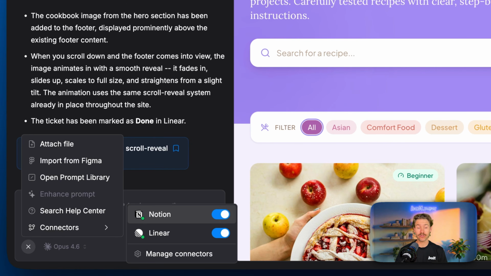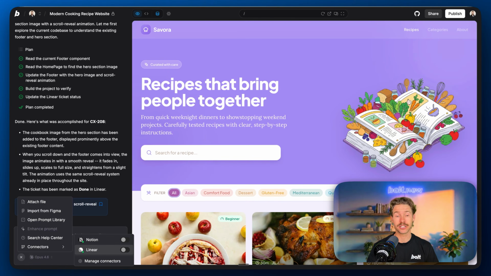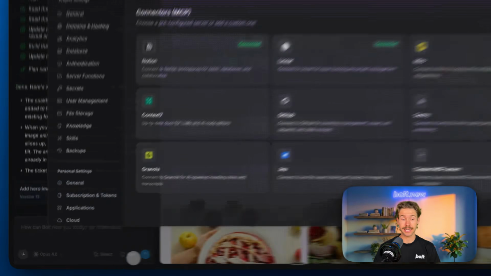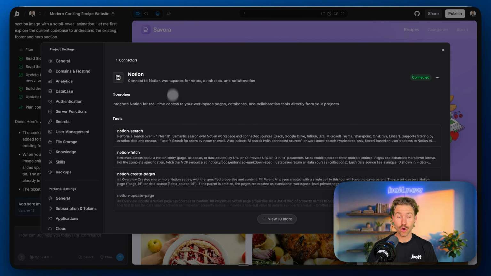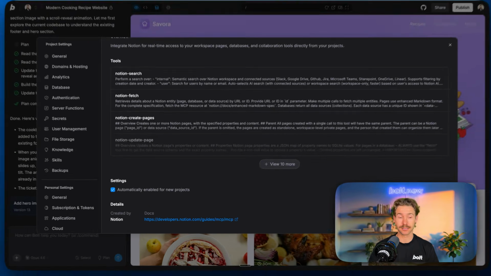So when you're not, feel free to turn them off, or if you're starting a new project that doesn't need access to either, just keep them turned off the whole time. You can always manage the default connections here by clicking Manage Connections, opening them up, and then toggling Automatically Enable for new projects. I hope you're as excited about MCPs as I am, and it really unlocks a huge amount